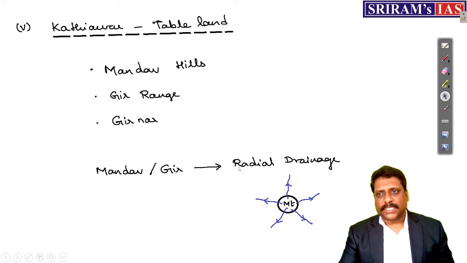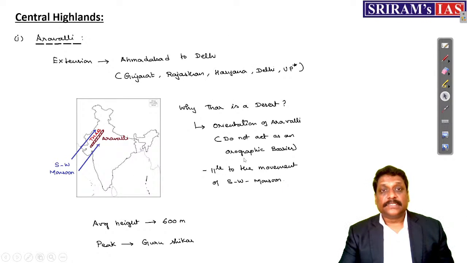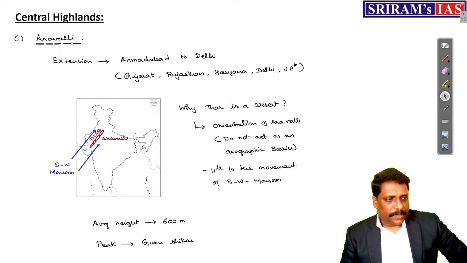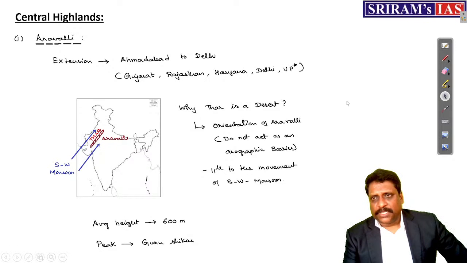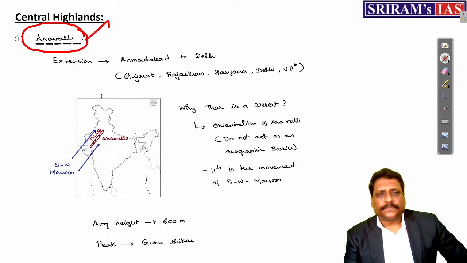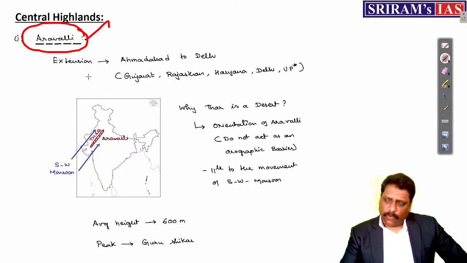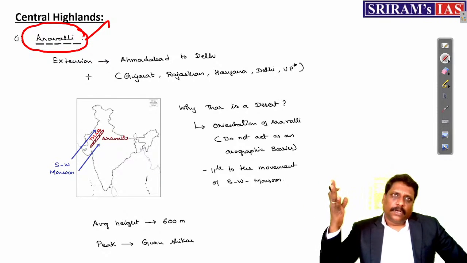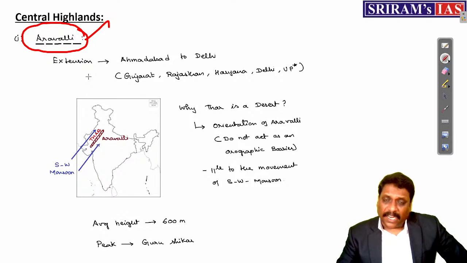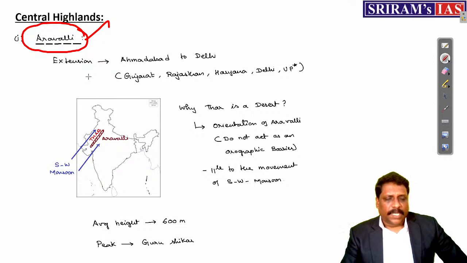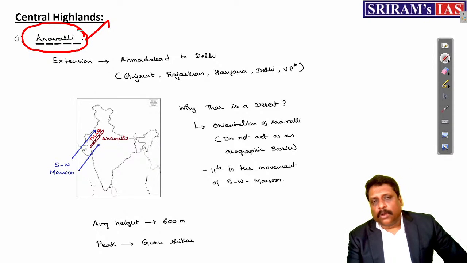Now talking about, say, for example, this Central Highlands. Okay. Central Highlands. Somewhere, my dear friends, when I talk about the Central Highlands, starting with Aravalli as a mountain, of course, I told you, Aravalli is an example of old fold mountain, right? It is an example of old fold mountain, but still for all practical purposes, we call it a plateau